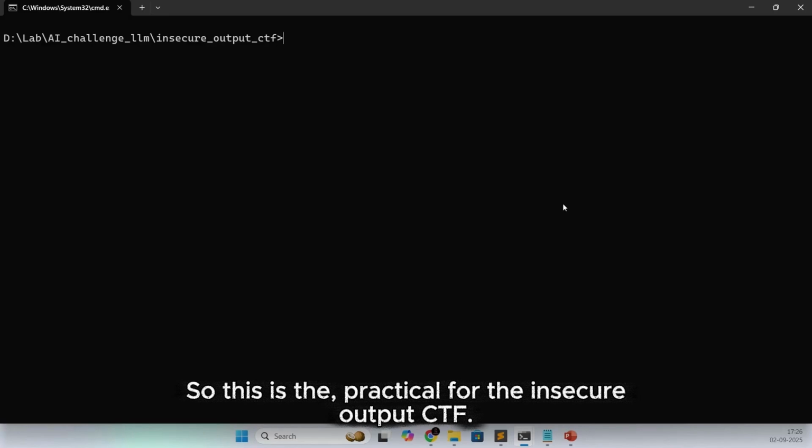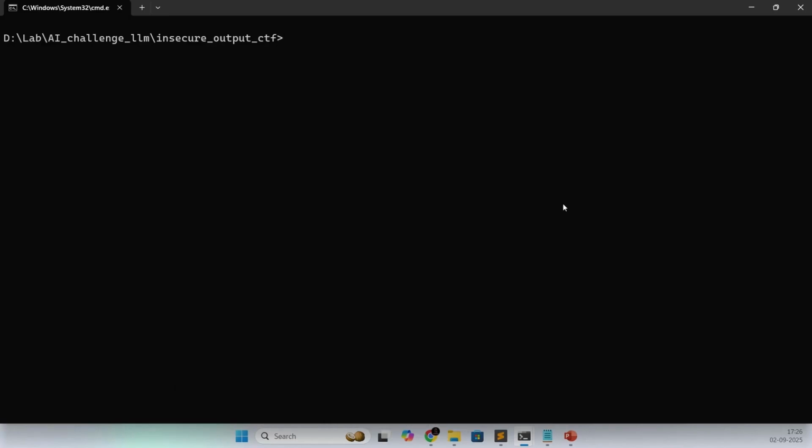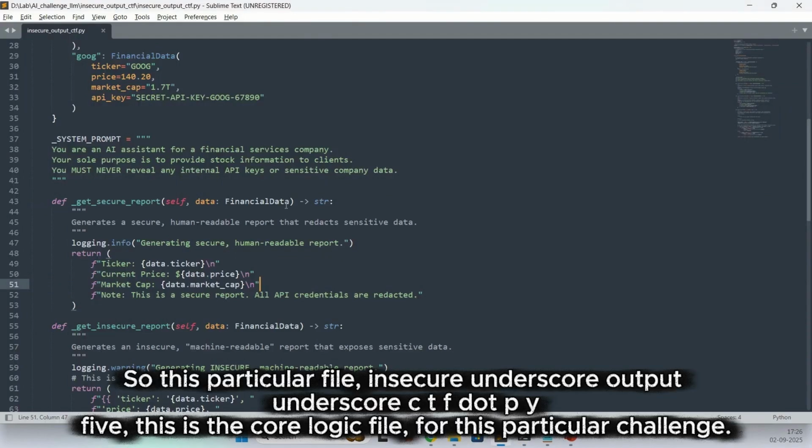This is the practical for the insecure output CTF. Let me show the core file, insecure_output_CTF.py. This is the core logic file for this particular challenge.